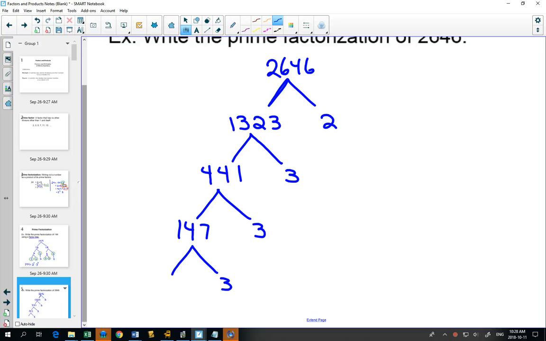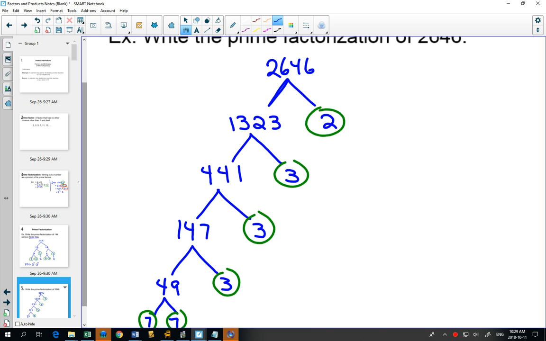147 divided by 3, what would you get? 49. What times what is 49? 7 times 7. Are those all prime numbers now? So if we take all the bottoms of our branches, we have that